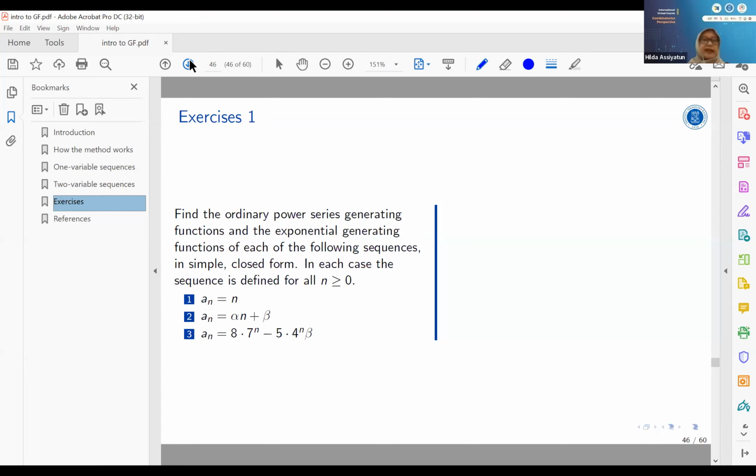So we will find the ordinary generating function, and the exponential generating function for later on, for this sequence. So what is it? By definition, the generating function is this series, the sum of a_n x^n. So if a_n equals